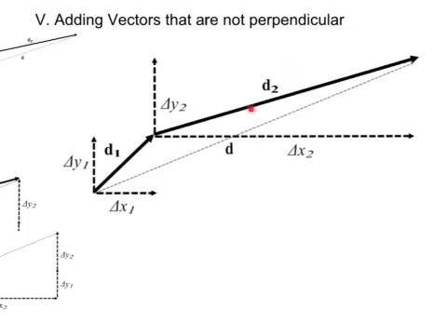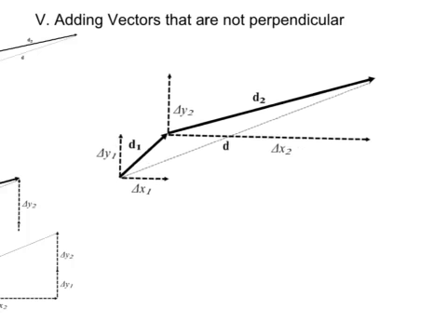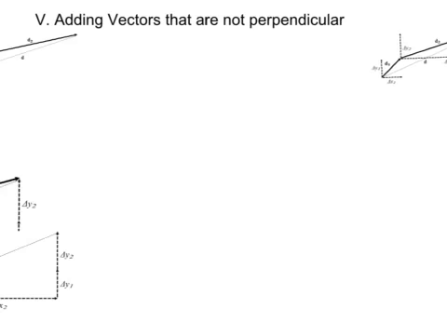Then we have displacement D2. We can also resolve that displacement into its components, X2 and delta Y2. Okay? When we do that, then, because the vectors can be moved parallel to one another,